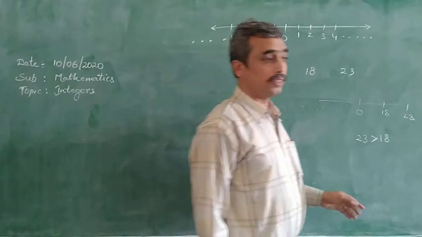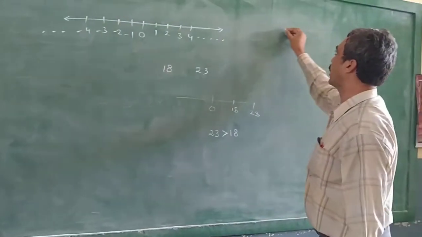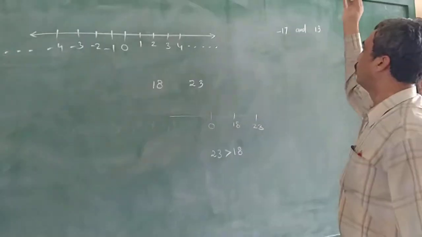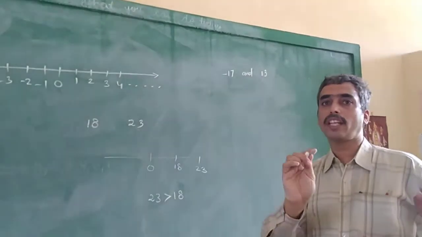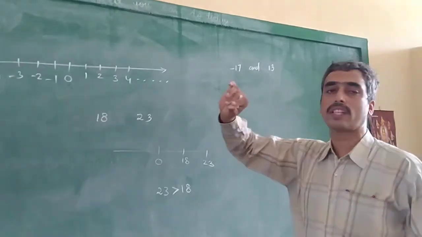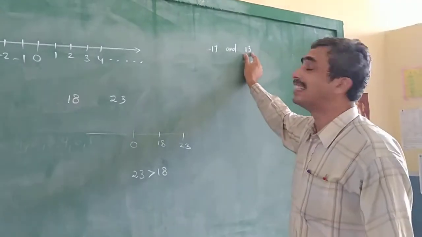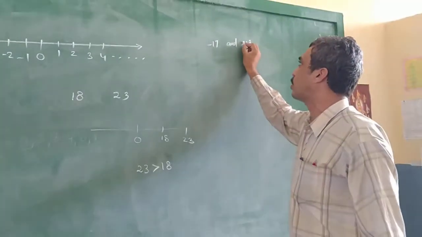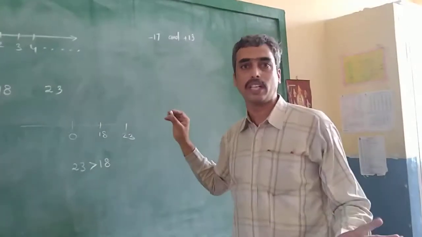Then coming to a positive number and a negative number, let us take -17 and 13. Let us compare these two numbers. If the numbers were 17 and 13, very confidently you can say that 17 is greater than 13. But here, 13 without any sign means positive only. You should understand that it is a positive number; 13 means +13.